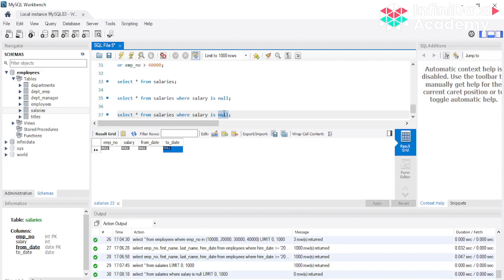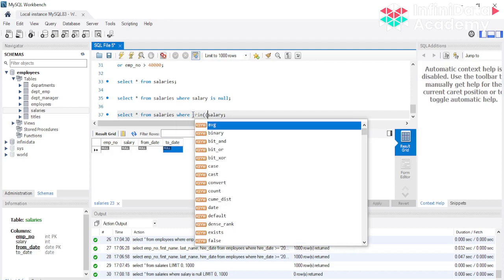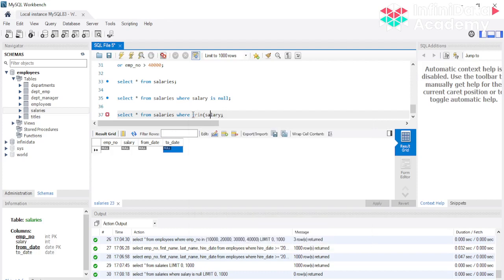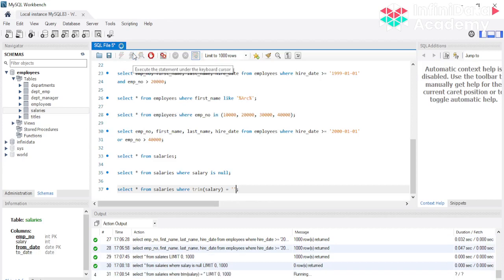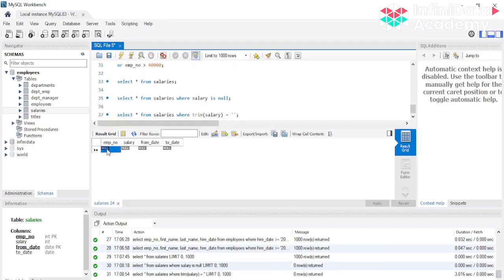Another way you can, so null will basically check कोई भी blank value भी नहीं है. But let's see, there is another way to check blank value. इस case में क्या होगा? The value is not null, but it could be blank. Blank as in just normal character value. We just see. So in this case you can see, I think, yeah, there is no blank value present as well. So there is no output over here as well in this case.